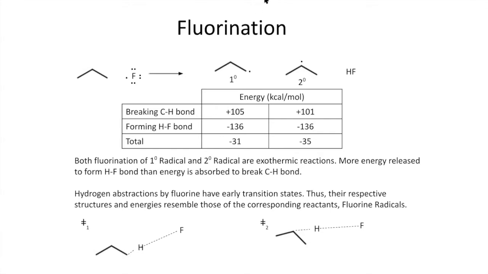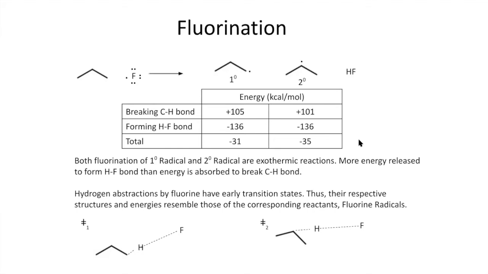I'm going to draw this one out because I feel like I'm just clicking too much for you, but I think you're following along. So if I do this reaction with fluorine instead of bromine, the fluorine is interesting. The HF bond that forms is stronger than the carbon-hydrogen bonds that are breaking. And it should make sense to you because remember the HBr bond was only 87, but the HF is 136 kcal per mole to break.